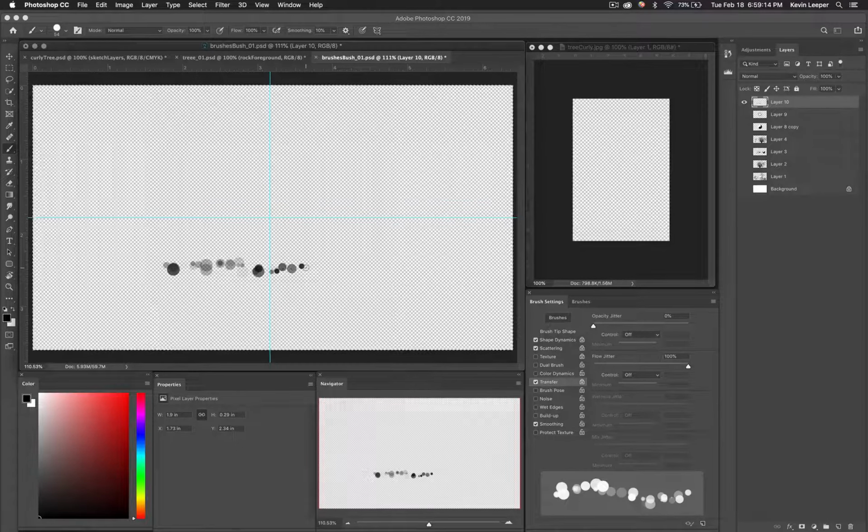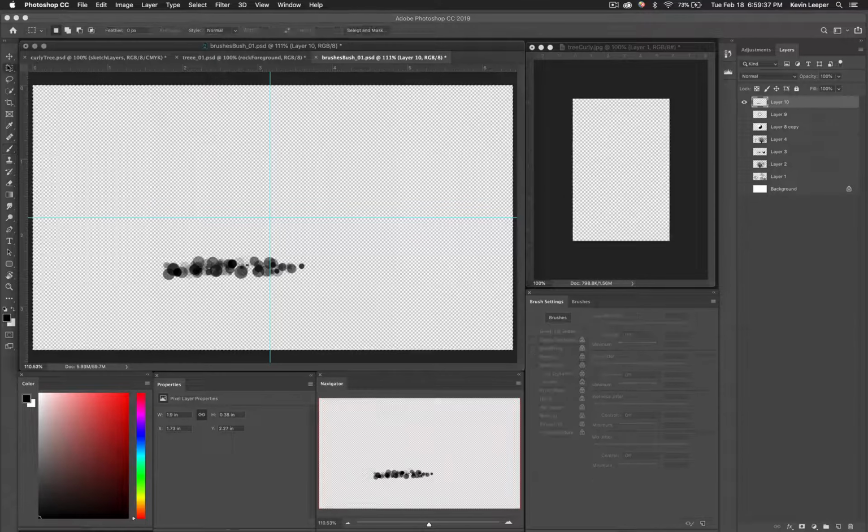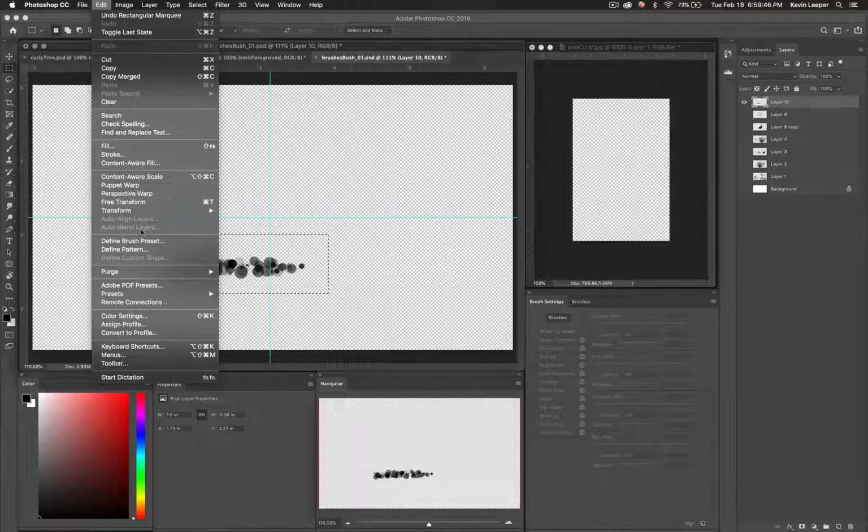So this doesn't maybe look like a brush, but if you think about the bristles of a brush pushing straight down, like with a flat, hard bristled brush, you can imagine how the bristles would sort of push into the canvas like this, and you just go back and forth and you get something like that, and it works really well. You can just make a selection of that right there. I already had a selection. Just make a selection like that,